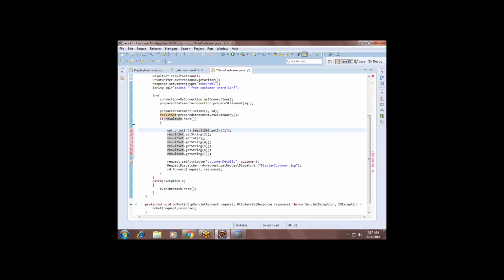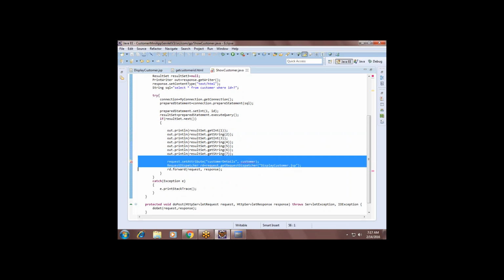We will print result set dot get one, right? Okay? Yes, sir. You did it in the same way? Yes, sir.